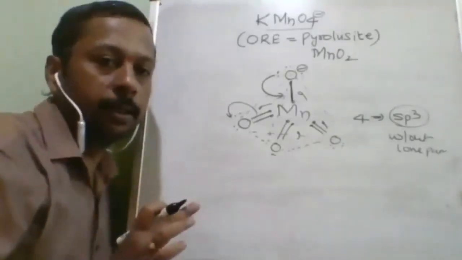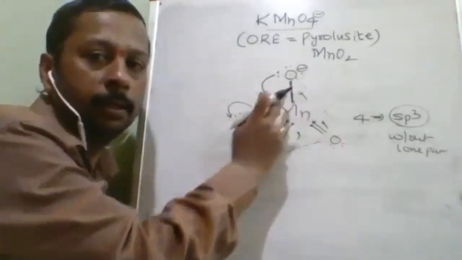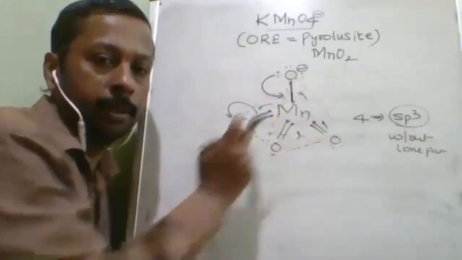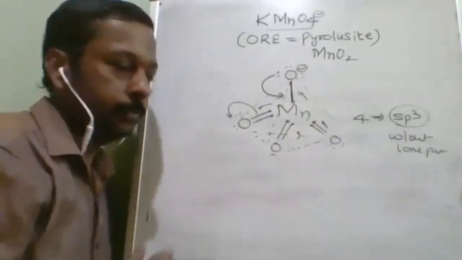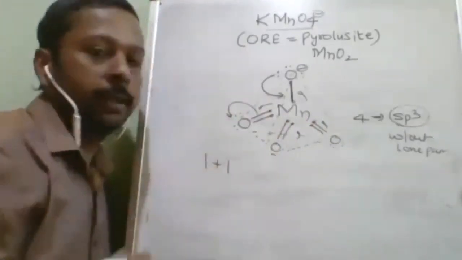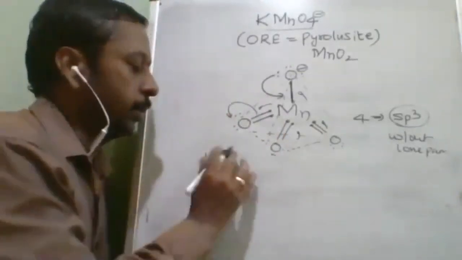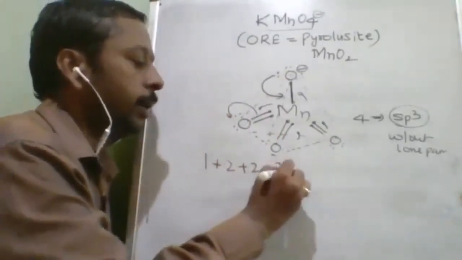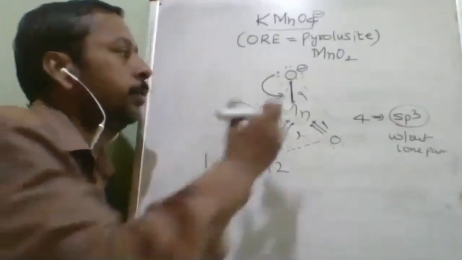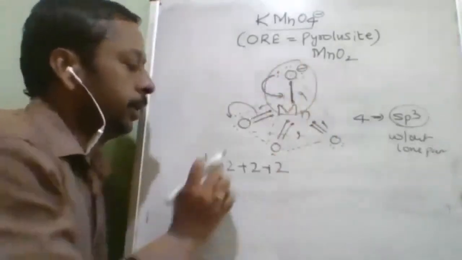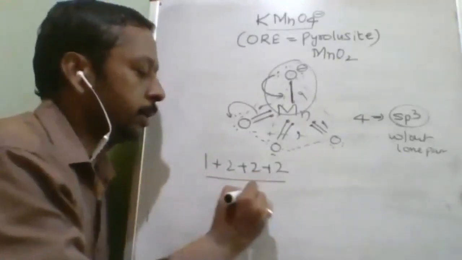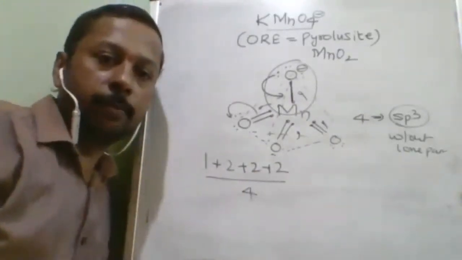Like that, how many resonating structures are possible? Four resonating structures. Why? The single bond can be here, next it can be here, next here, next here, and again it will go back to the same structure. In this structure it is a single bond, in the next structure it will be a double bond, in the next also double bond, in the next also double bond. You can consider any one bond. Suppose here I am considering this bond as single bond. In all the other three structures it is going to be a double bond. And total how many structures am I considering? Four structures.